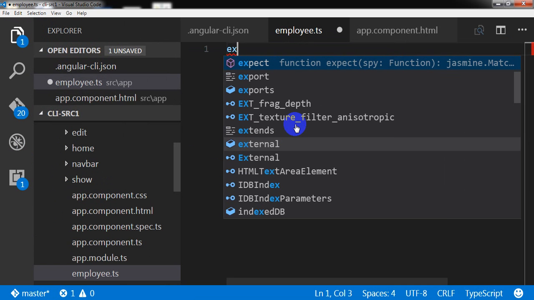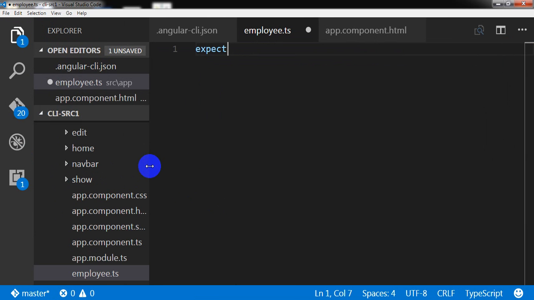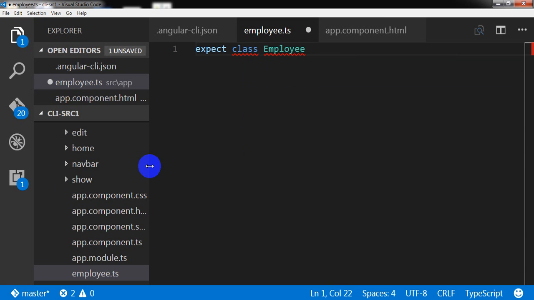Increasing the font size a bit. Export class employee